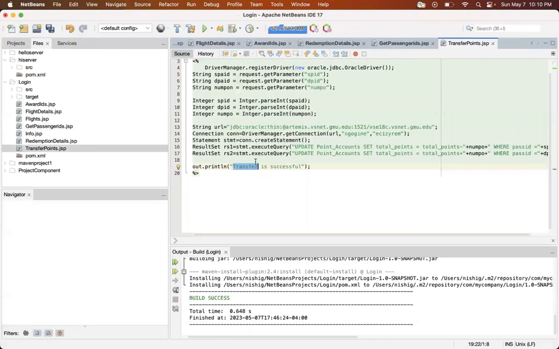Now, the next JSP page we are looking at is the transfer points page. Here we are going to give three inputs. One is the source passenger ID, the other is the destination passenger ID, and the number of points that are